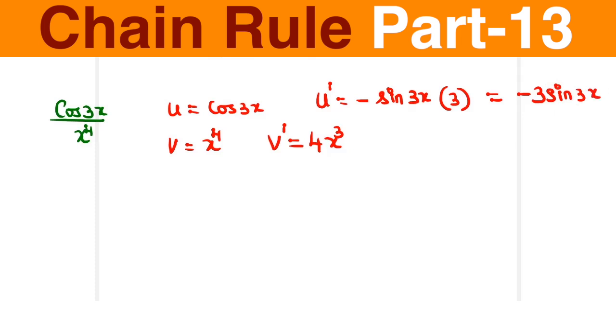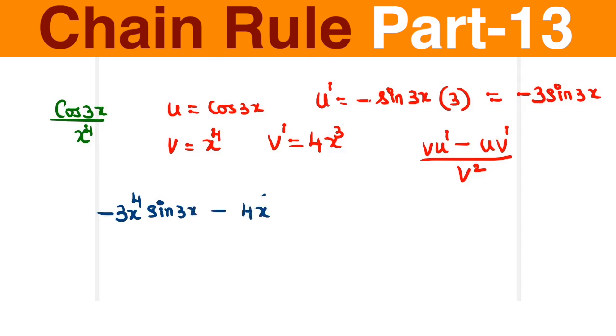Now what do we know is the formula for u by v method? It is going to be (v u dash minus u v dash) by v square. Remember, the first differentiation that you write here is going to be for the numerator and here will be for the denominator. Now let's substitute all the values that we know of. So this is minus 3x power 4 sine 3x minus 4x cube cos 3x. I've just written the v u dash minus the u v dash divided by v square,